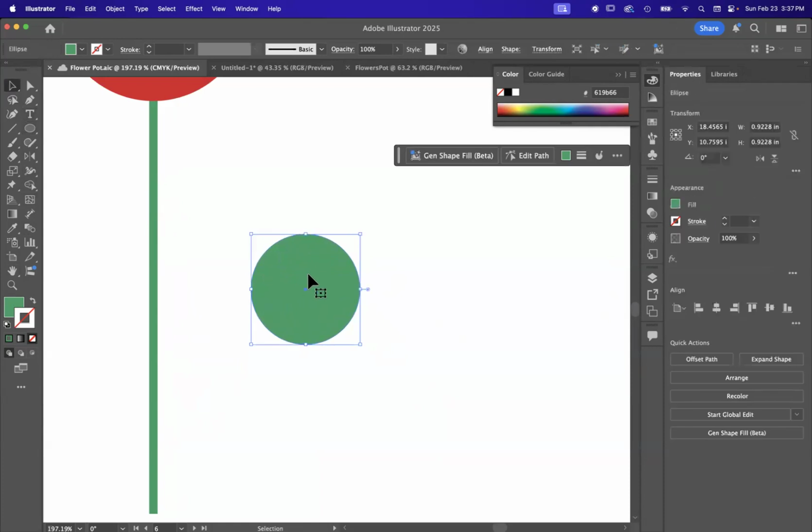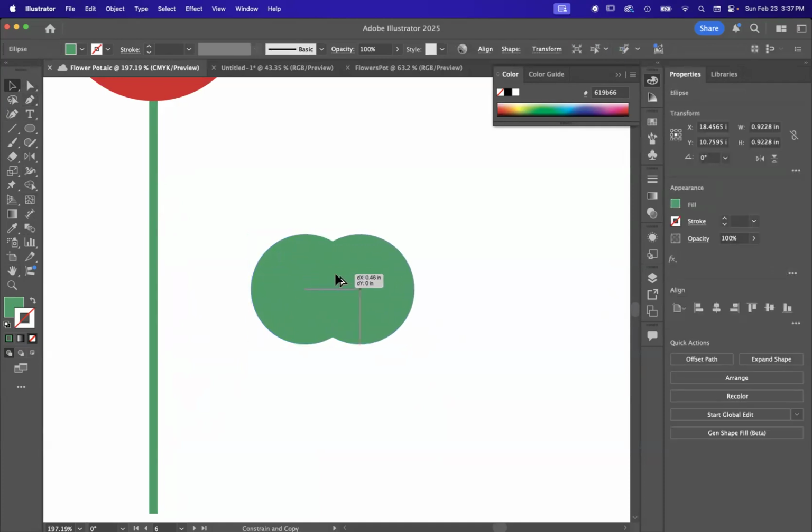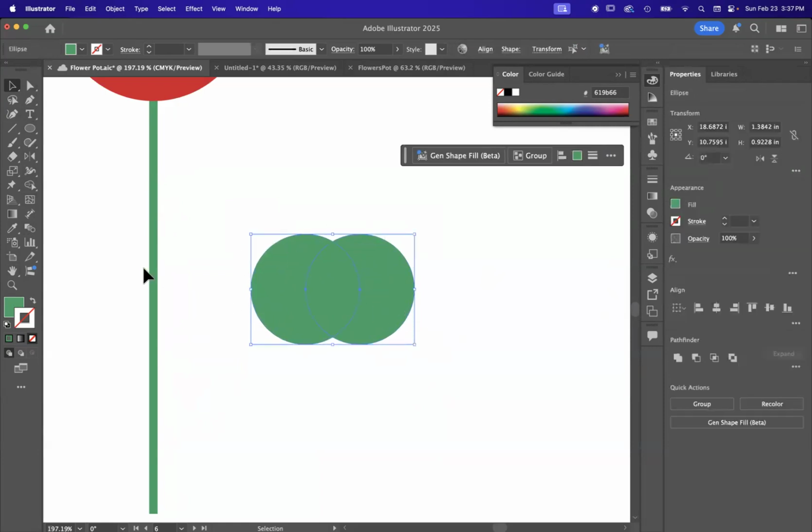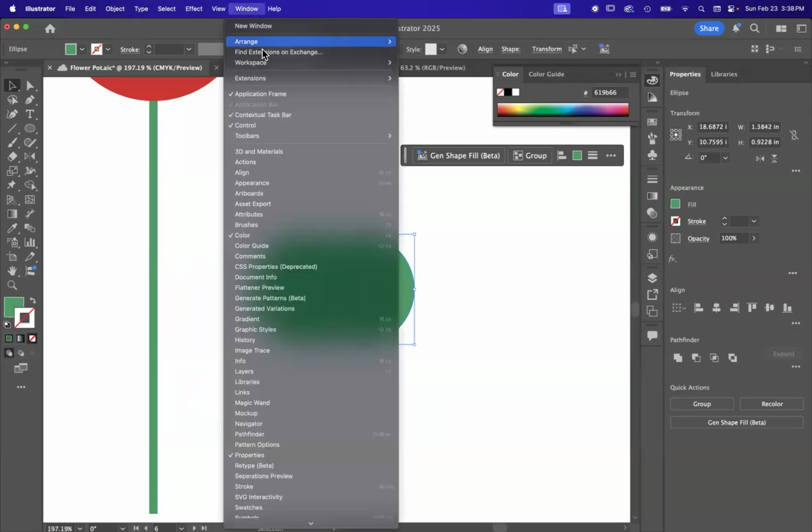Okay. Once I click the selection arrow, I'm going to click on this circle and hold down Alt, click and drag to make a copy. Okay. Now we're going to grab both these circles and we are going to go over to the Pathfinder tool, which if you don't see it right here, you can go to Window